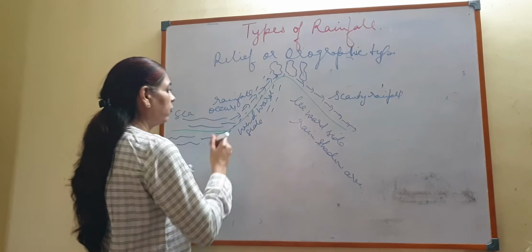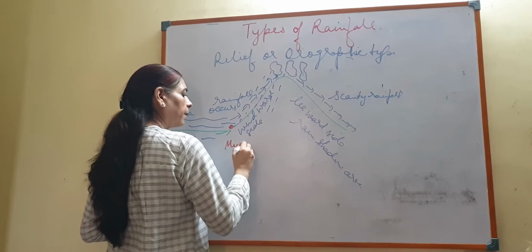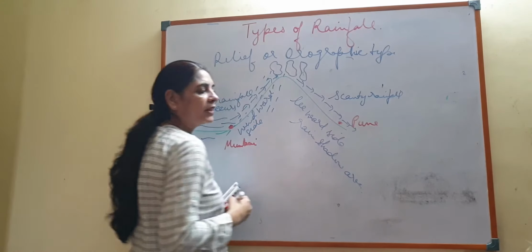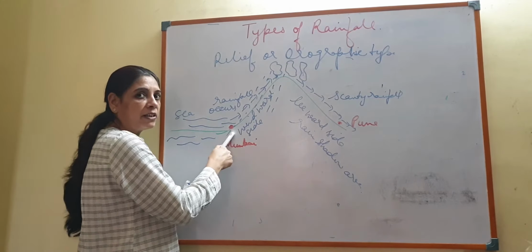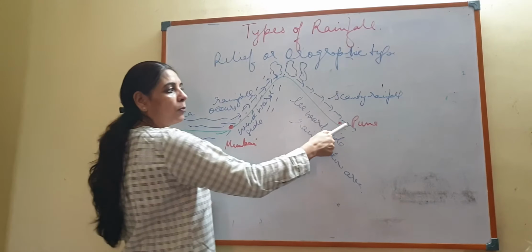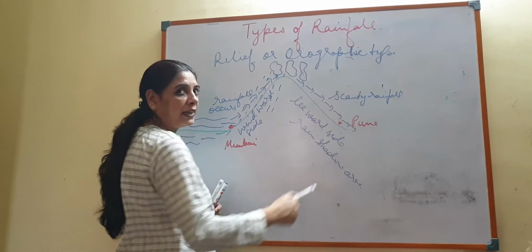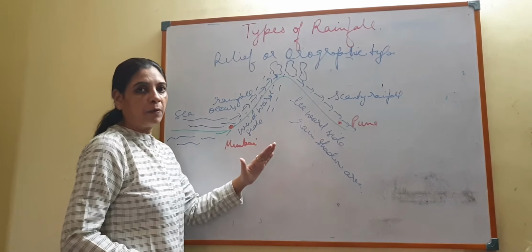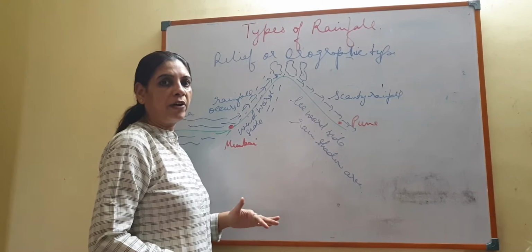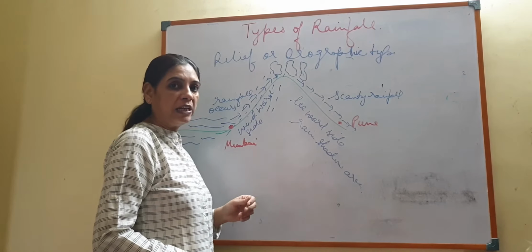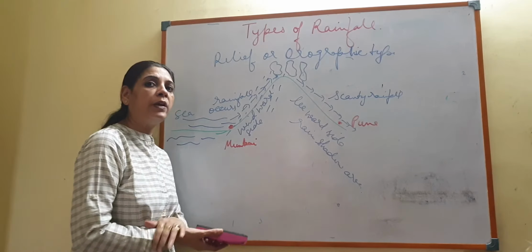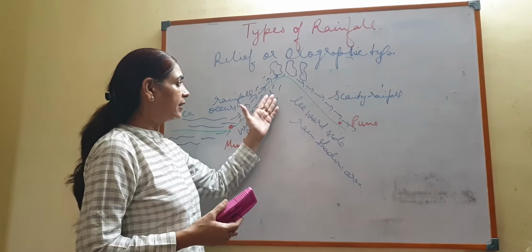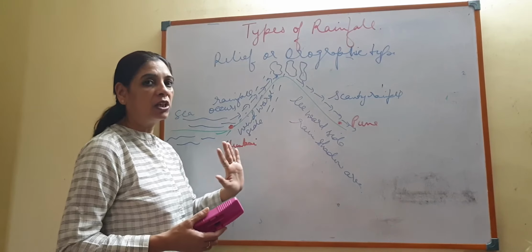Mumbai is located on the windward side. Okay, Mumbai and Pune is located on the leeward side. So Mumbai has very heavy rains because it's on the windward side of the Western Ghats. Pune is on the leeward side, it receives very scanty rains. So in the Western Ghats, we have relief type of rainfall. In the Aravalli Hills, we have relief type of rainfall. In the Garo Khasi Hills, we have relief type of rainfall. So relief type of rainfall is common in areas lying adjacent to the sea. The sea facing side, the windward side gets rain, the other side remains dry.